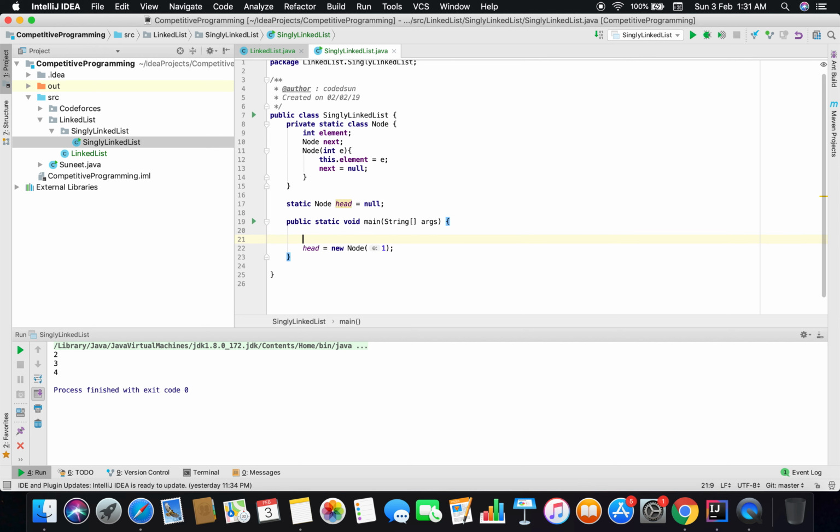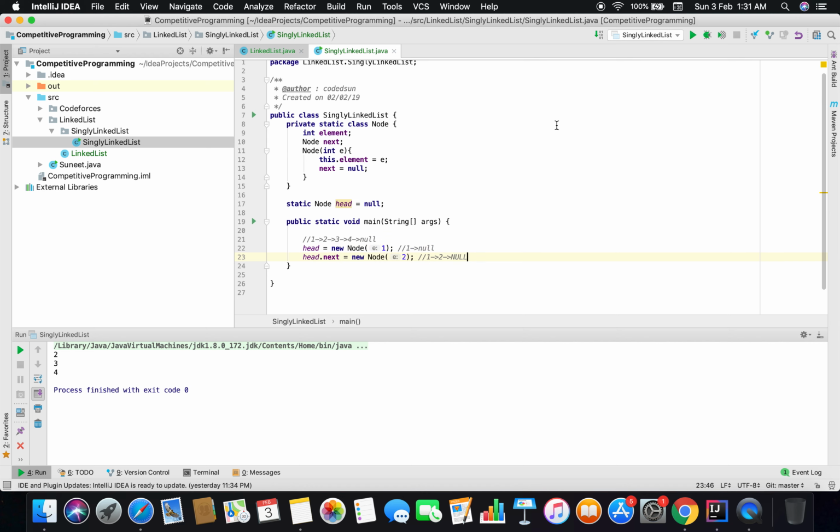Let's create the linked list like 1 to 2 to 3 to 4, and that will next point to null. So head equals new node 1, and head dot next equals new node 2. What I have got here is 1, and 2, which are initially pointing to null, obviously,